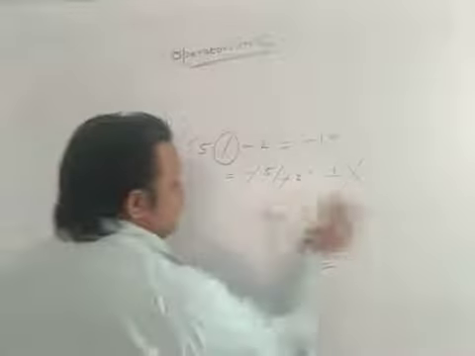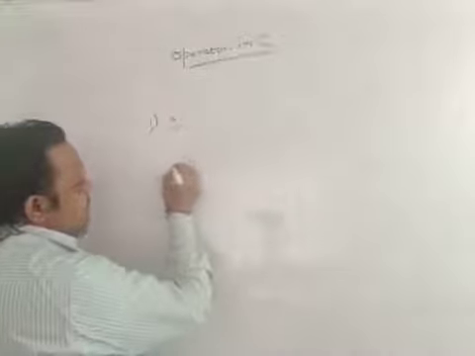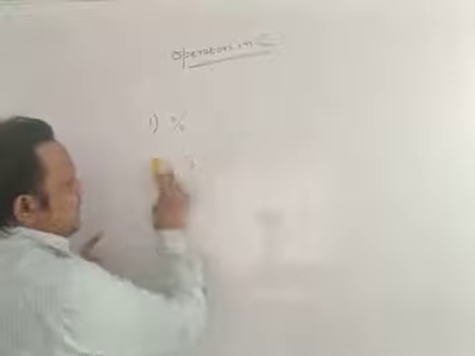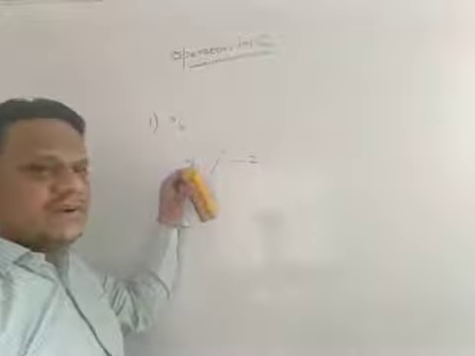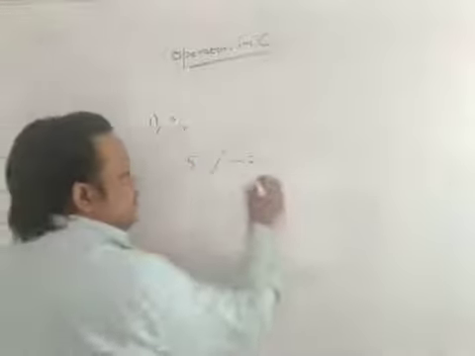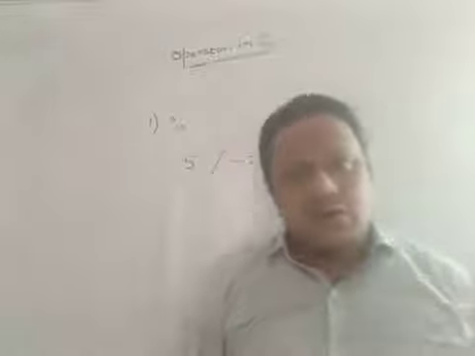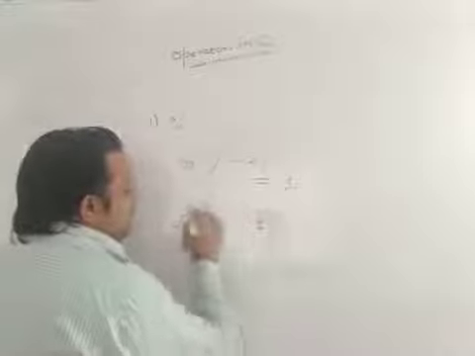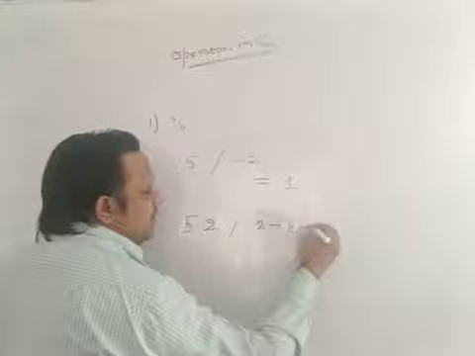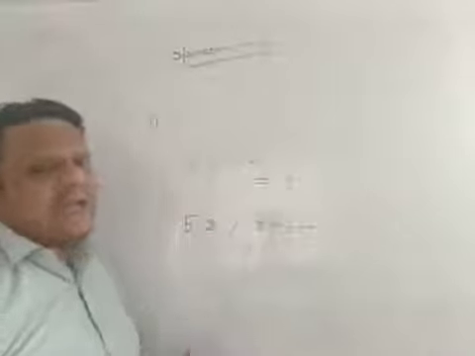Similarly, if I write 5 modulus minus 2, what is the sign of the first operand? Here the sign of the first operand is positive, therefore the answer is 1, not minus 1. The modulus operator has the property that it always takes the sign of the first operand. The second property is that you cannot apply modulus to a floating type value. This is an error. The modulus operator can only be applied to integers. You cannot apply this to a floating type value. This will give you an error, right?